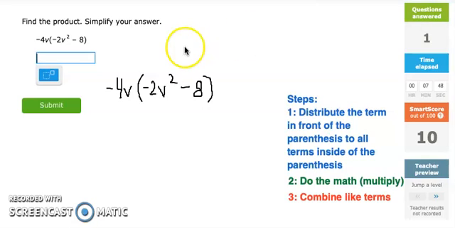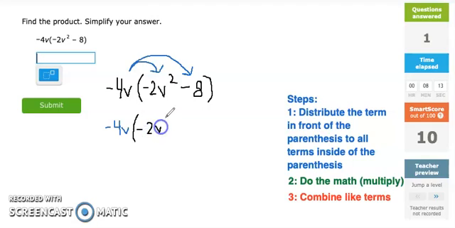I've rewritten the problem to help us out here. But remember, we're going to follow the steps. So step 1 is to distribute the term in front to all of the terms on the inside. So we're going to distribute negative 4v. And remember that distribute means multiply. So we're going to times it by negative 2v squared. And then we're going to put subtract, because here we have a minus. So minus